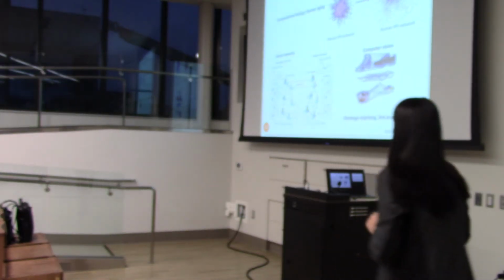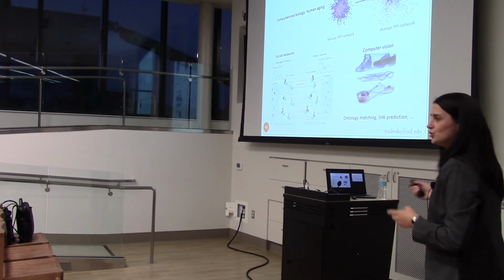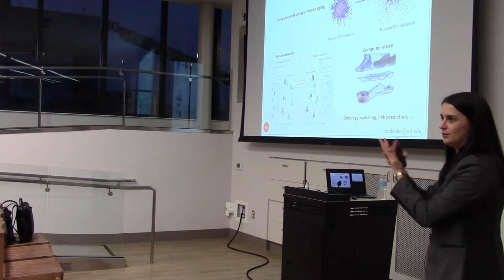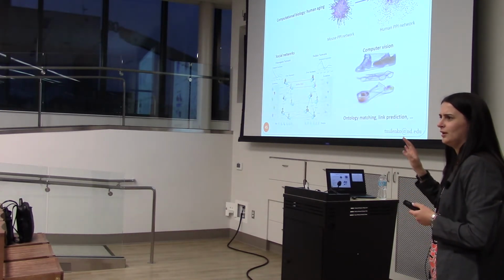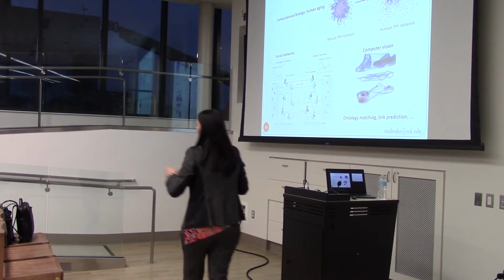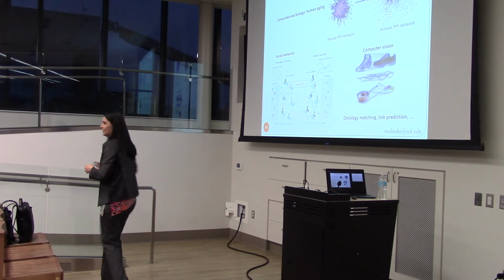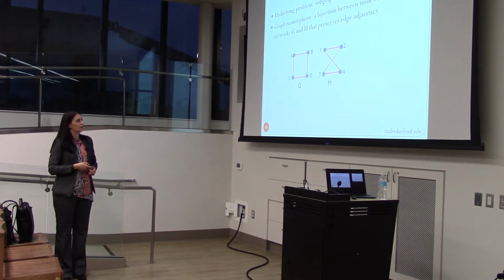Keep that in mind. Computer vision, matching objects. Again, the application is if you have a video and a face, can you match to determine where a given person is? Person of Interest, did anybody watch the show? It's a spooky, spooky show that reminds me of my research every day. I can't do anything along those lines, but theoretically it's possible. Ontology matching, link prediction, and so forth.